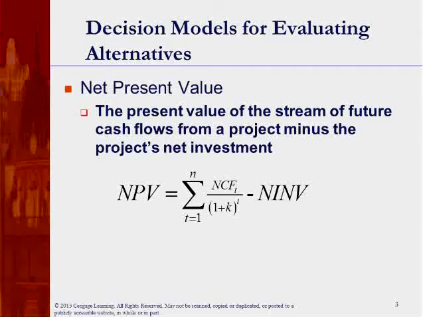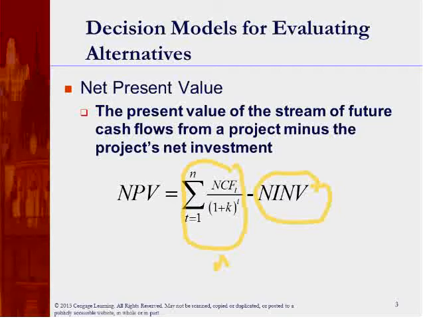You already know what this is, net present value. The present value of a stream of future cash flows from the project minus the project's net investment. Now, what do you mean by this? Basically, you take the present value of all cash inflows and deduct the net investment. You can say only inflows. No, not necessarily. If there are outflows after time zero, you'll include them in the first part. Only thing is they'll have a negative sign. That's fine, because you're adding it all up. Take out the net investment, and that's how you get it.